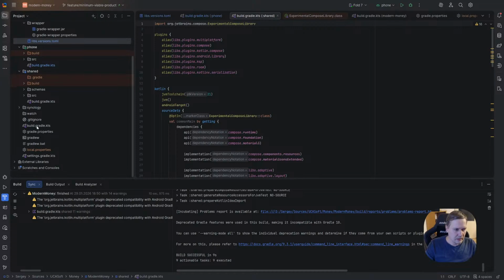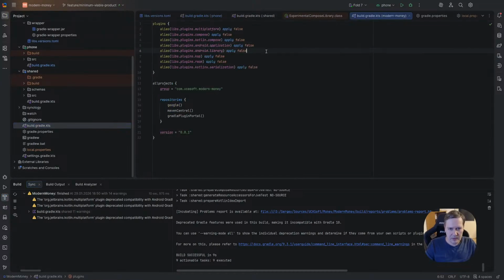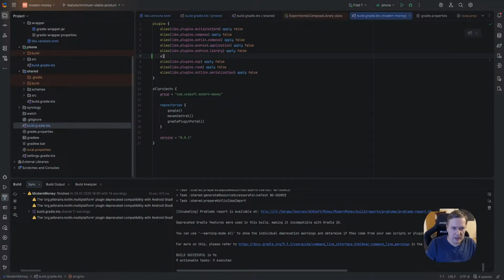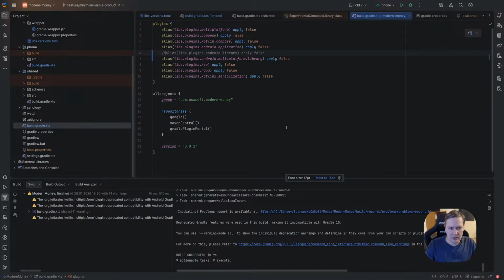Okay, looks slightly better, but right now here, in libs plugins, Android library. We need Android multiplatform library. And we don't need this at all.